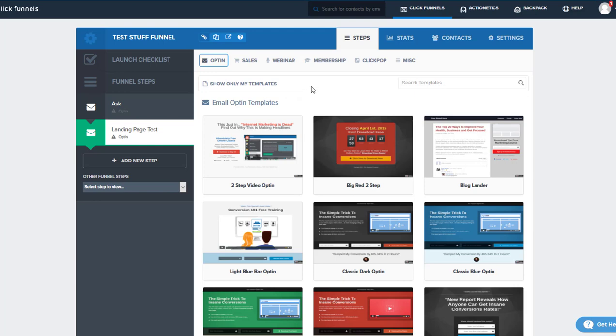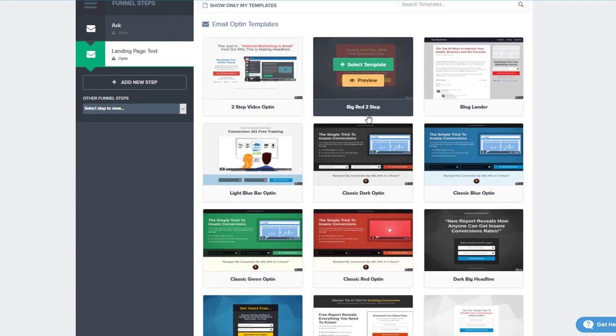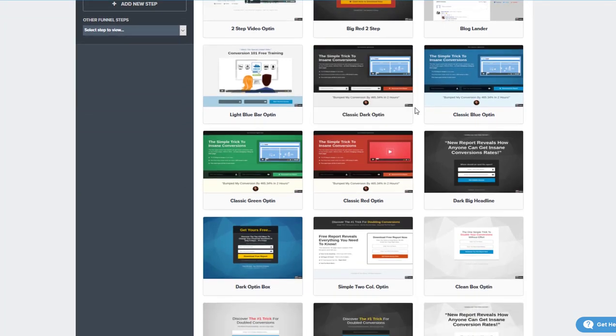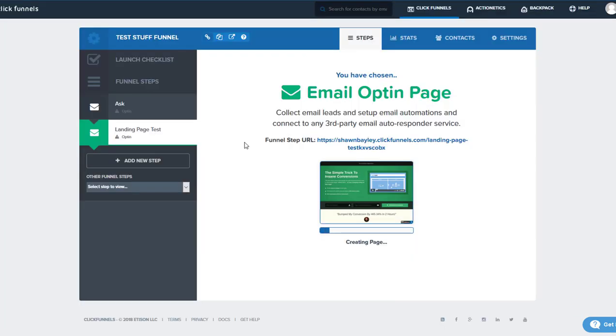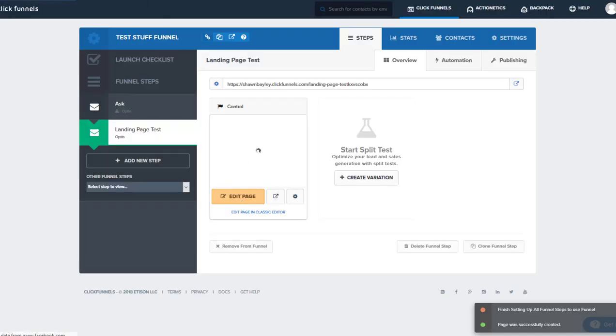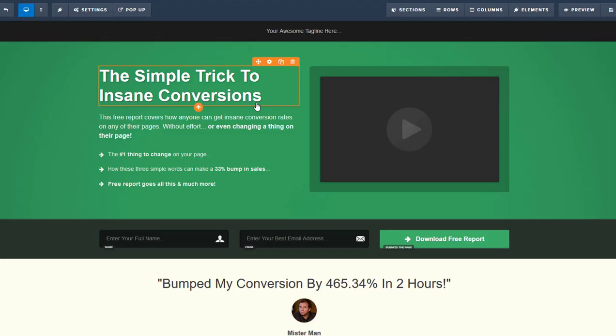So we'll also do a quick opt-in script and cover some bullets on the page as well. I think this one should probably do the trick. So let's go with this one. Good old green. And then we'll go and actually edit this page. Okay, so I'm going to cover the headline. We'll come up with a title for our lead magnet, and we're going to throw in some bullets and an